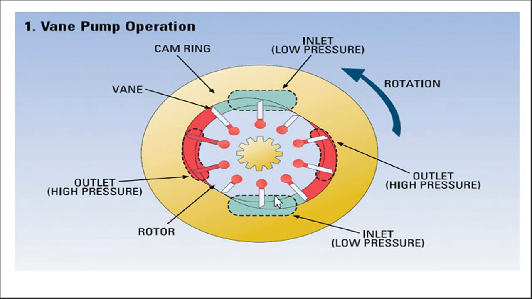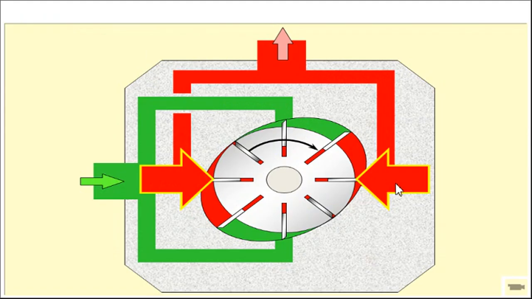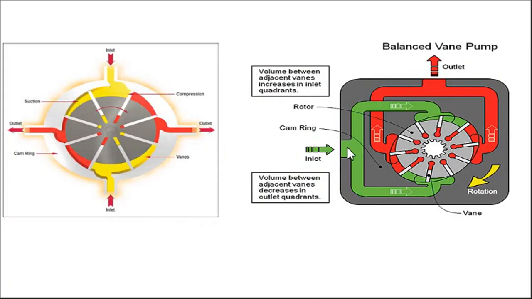This is a working diagram which you can see here. These are vanes, and the red color indicates the two high pressure zones. These two thrust forces act against each other. The difference between these two pumps is the casing shape; this is an elliptic casing. The same diagram is explained in detail here.